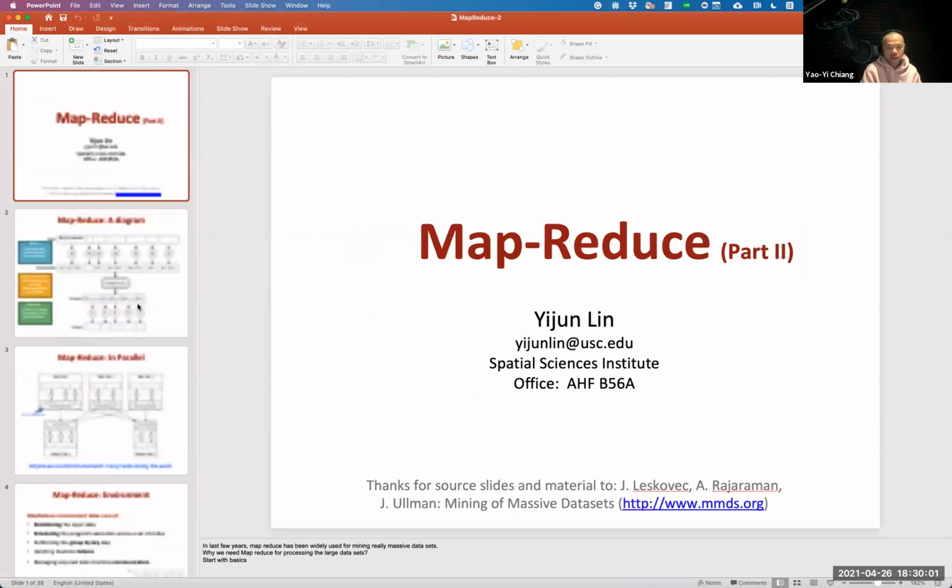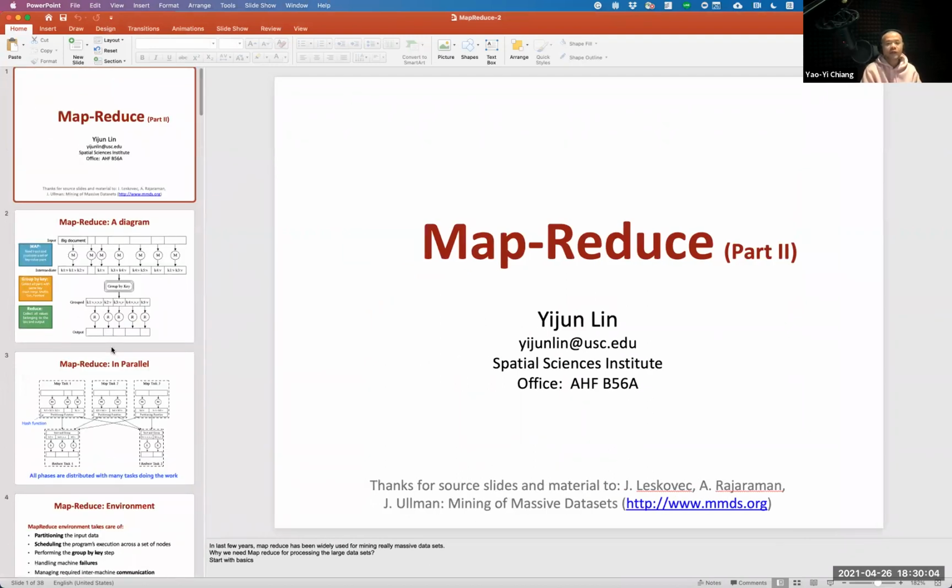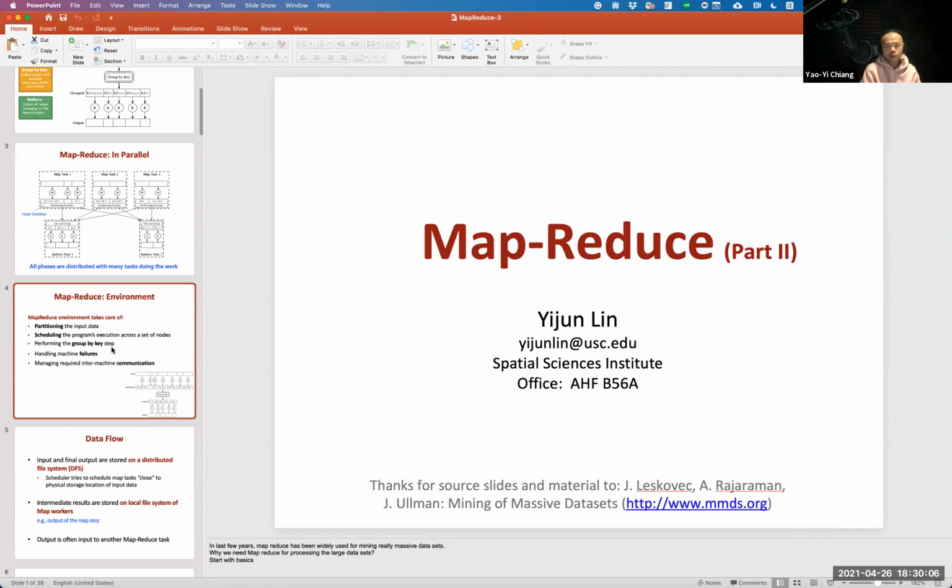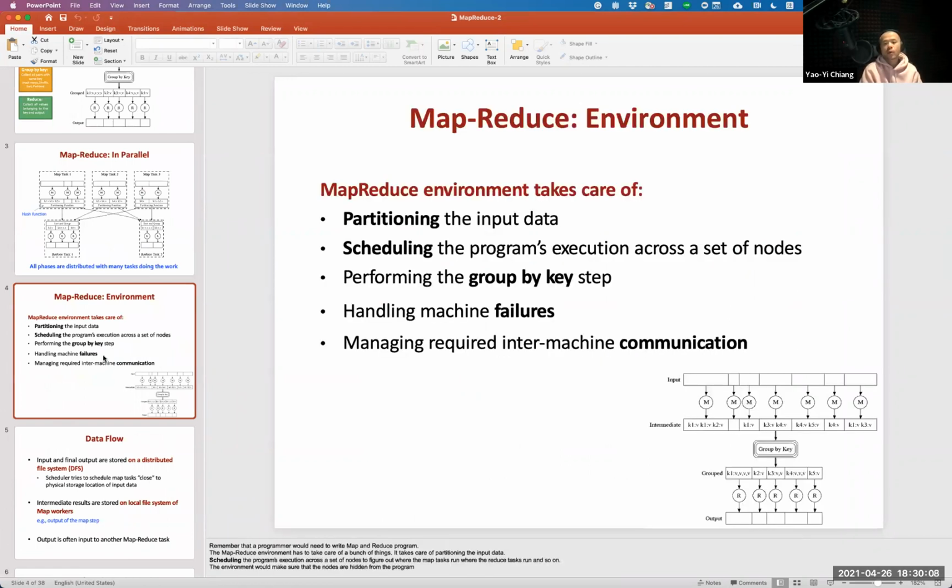Okay, the second set of slides is mainly about the data flow in a MapReduce environment. Where do map tasks store their data? Where do reduce tasks store their data, and how do they coordinate all this data transmission? And what real data transmission is required in the MapReduce environment? That's important. For example, we talk about once a map task is finished, the intermediate result is stored